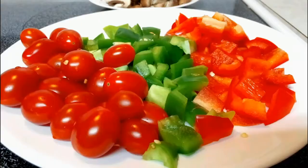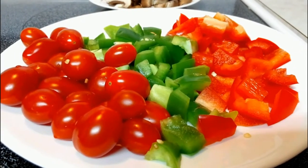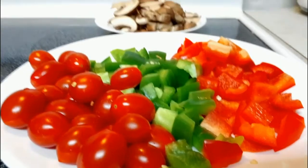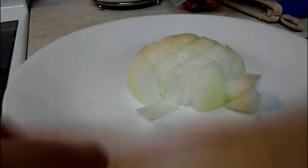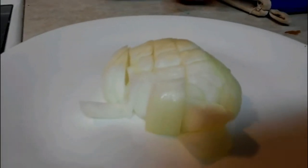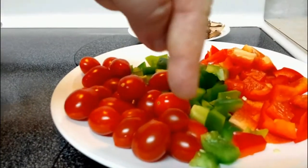Alright, so here our vegetables are chopped up. You see the consistency of them. We've got our mushrooms back there, and as an optional component, I've decided to go ahead and cut up an onion here. Okay, I'll include all this in the recipe description down below here if you click on the